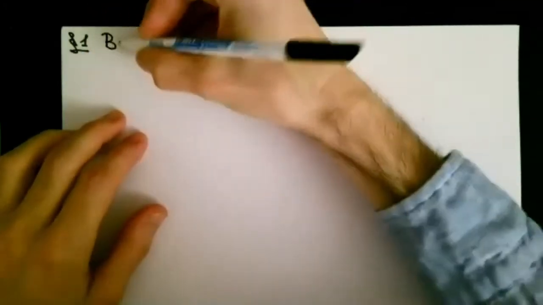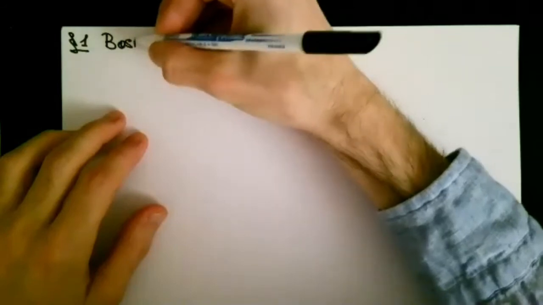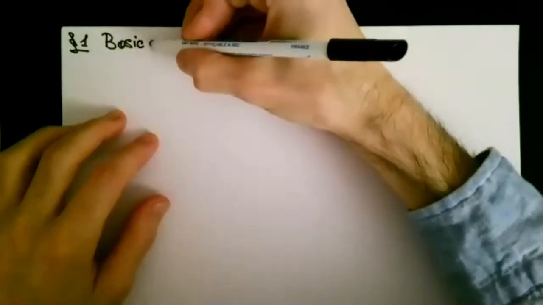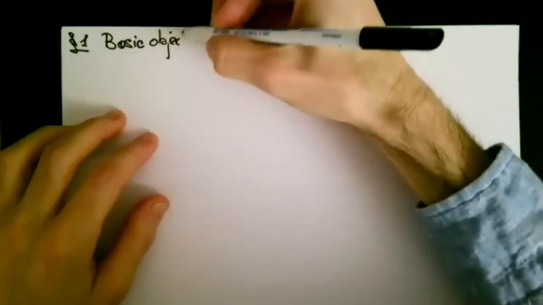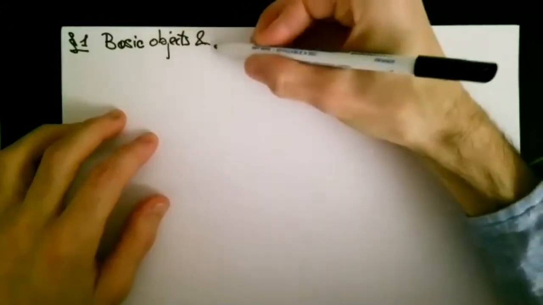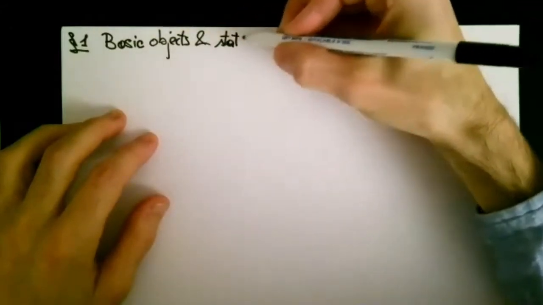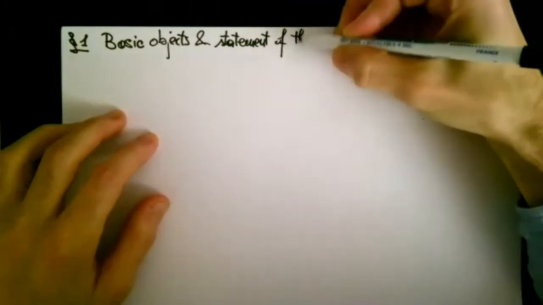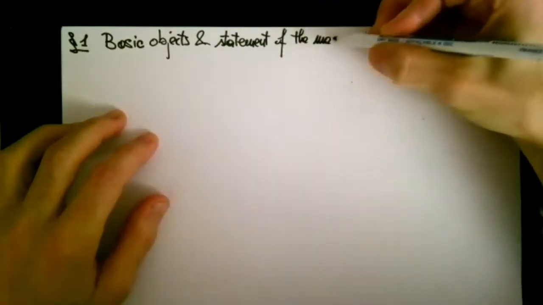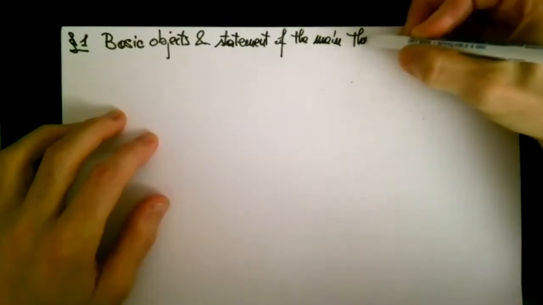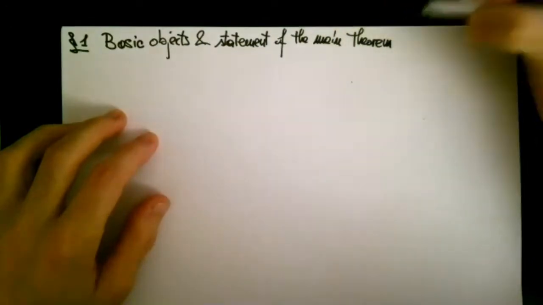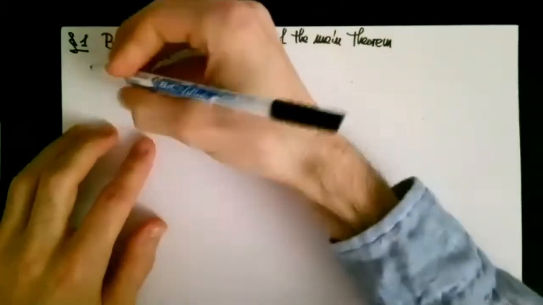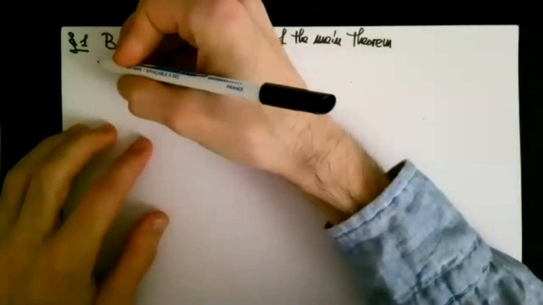So here we have the first paragraph: basic objects and statement of the main theorem. The setup is the following. So I'm going to follow here Carayol,